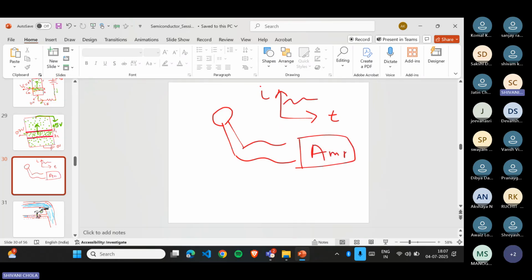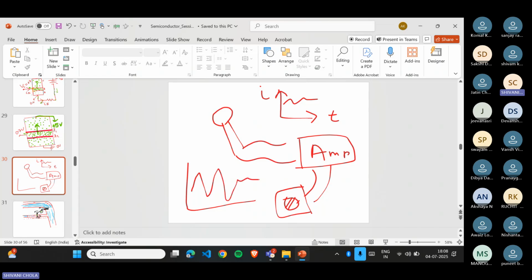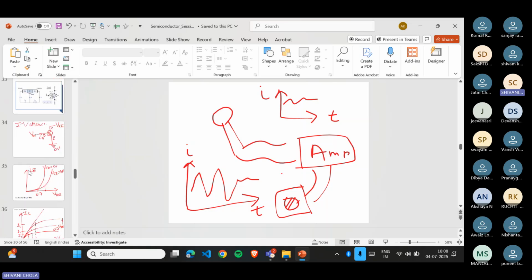Let's say here is your amplifier, and it is connected to your speaker. It will take the current input and it will just amplify it. The amplitude will get increased, but the graph will remain the same. So it has just amplified the current and outputted it to the speaker. In a similar way,